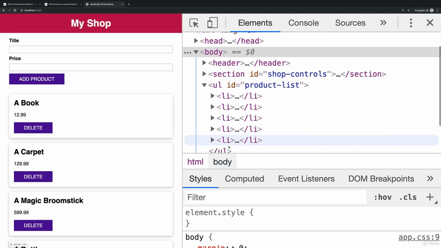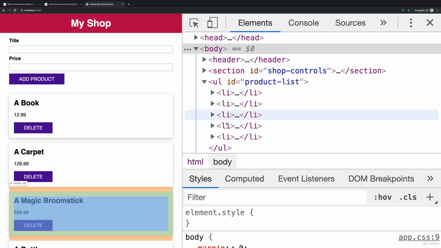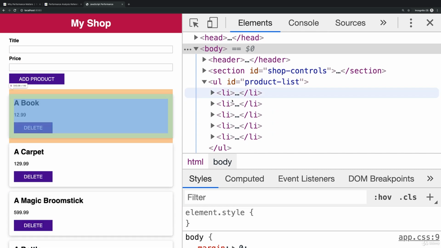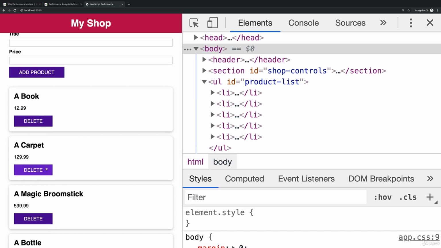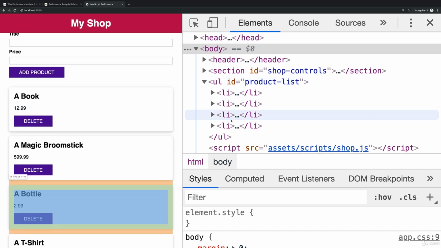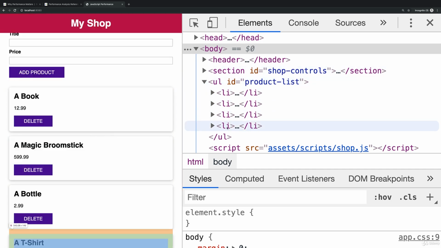Let's expand the unordered list here so that we can see all the list items here. And now watch the list items here on the right, not on the left, but on the right. When I click delete on a carpet, watch it on the right. You see, these items all were highlighted. Now Chrome highlights the items here which actually were touched by it, so which were changed or which were added